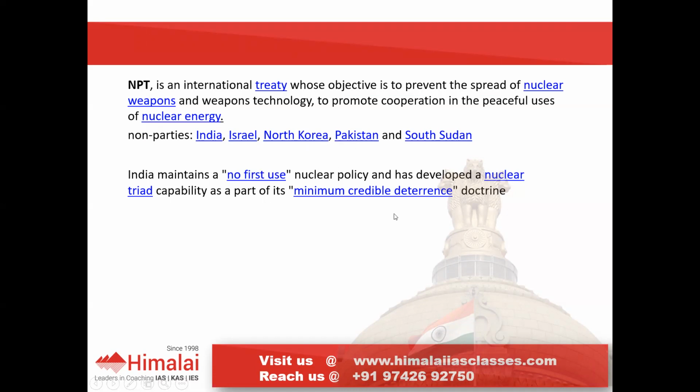We said we wanted to create a deterrence, because we have Pakistan on one side and China on the other side, and both countries have access to these weapons. If we did not have them, it would not create a deterrence. At least now it has created deterrence. To maintain this minimum credible deterrence doctrine, we have nuclear weapons. This was the assurance given by India to the world. Today we have nuclear capability, a nuclear triad. We can launch nuclear weapons via air, via land, or via water, via ship.